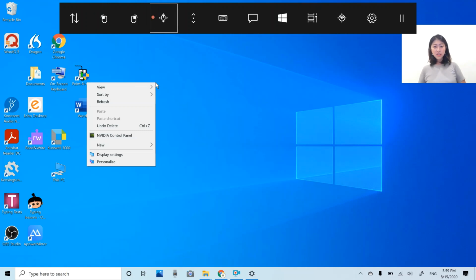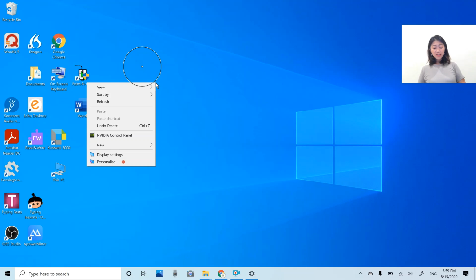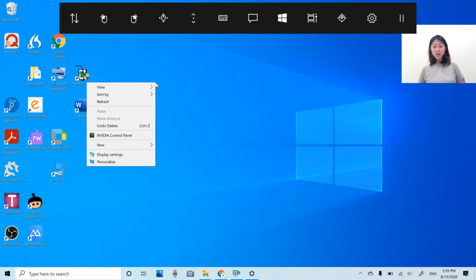And then this one is called the precision button, precise mouse. So I'm gonna show how it works. You can use this button to control the mouse with more precision. So once I click it, it's gonna remember that I just clicked this button and then I go to the icon or the target area that I'd like to use this button.